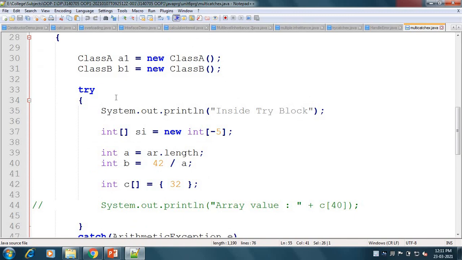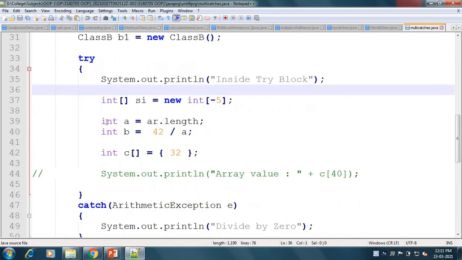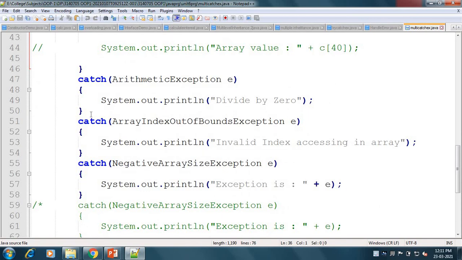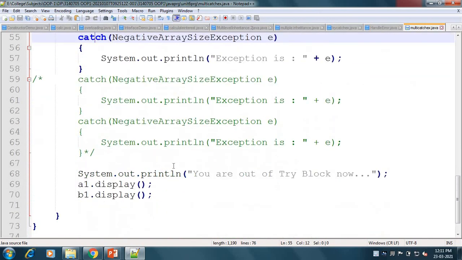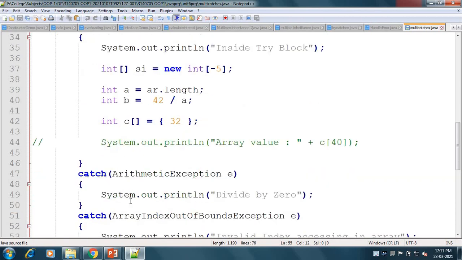So in a single try block there can be 3 exceptions. So we have put 3 catch blocks, and every single catch block will handle its own exception. The first will handle the arithmetic exception, the second will handle the array index out of bounds exception, and the third catch will handle the negative array size exception. So one try block can have multiple catch blocks.